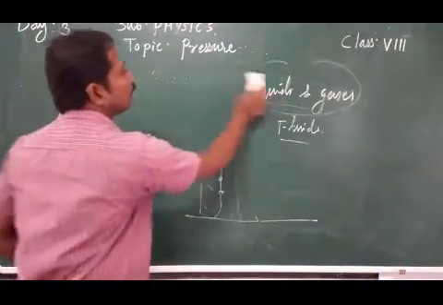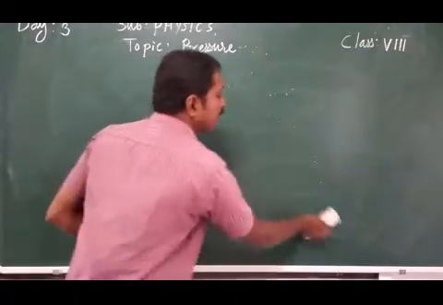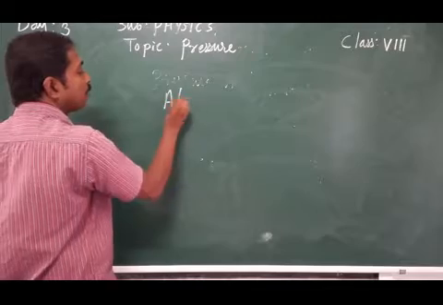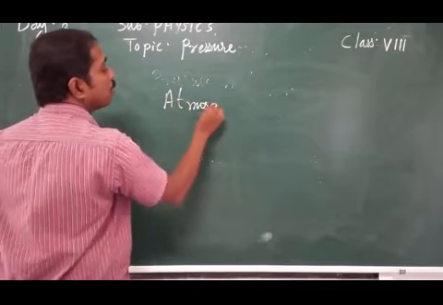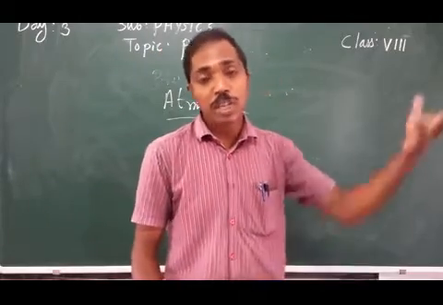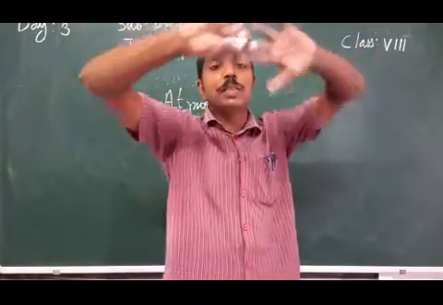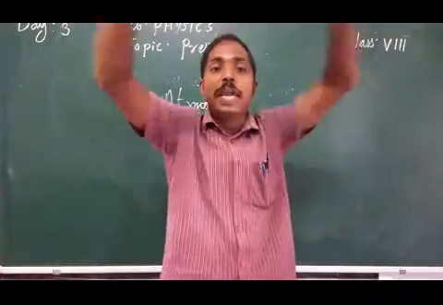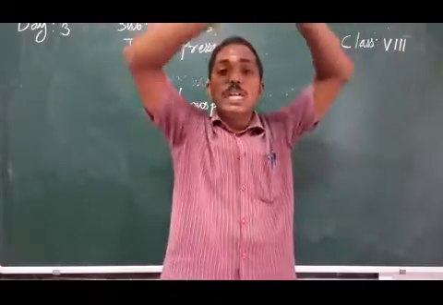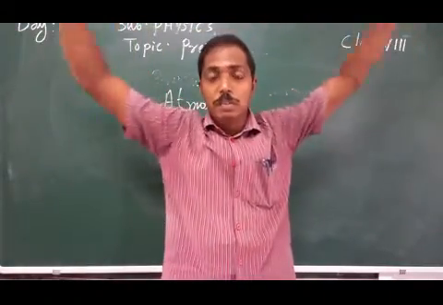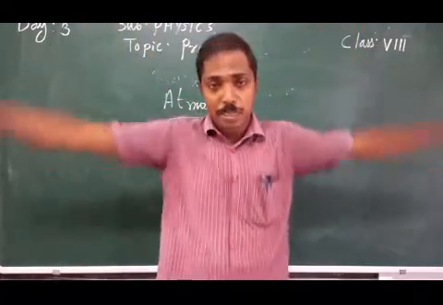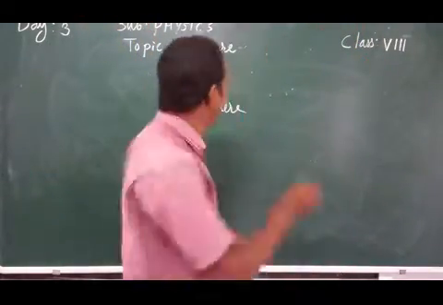Next we are connecting with atmospheric pressure. Before that, what is atmosphere? Atmosphere is the envelope of air around us, extending certain kilometers from Earth's surface. It is completely air. We breathe in and breathe out. That air around us surrounds the Earth's surface as an envelope, a few thousands of kilometers thick. That envelope of air is what we call atmosphere.